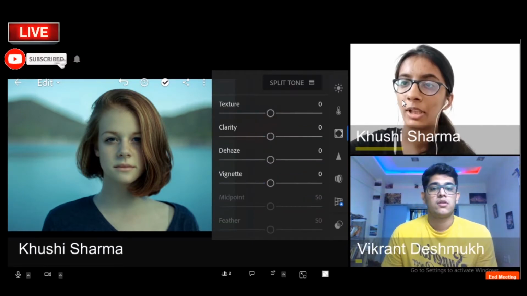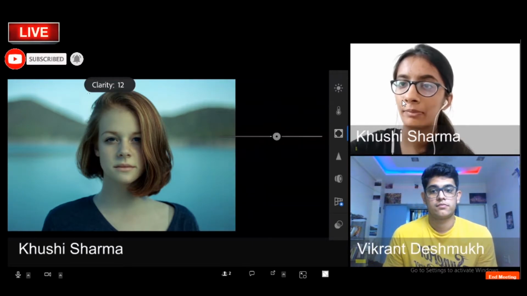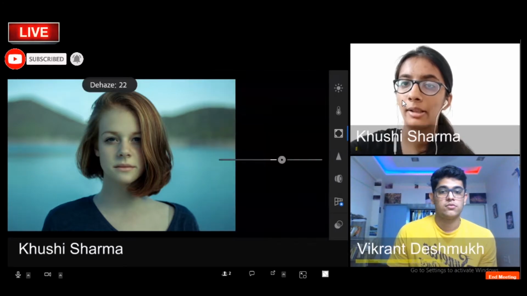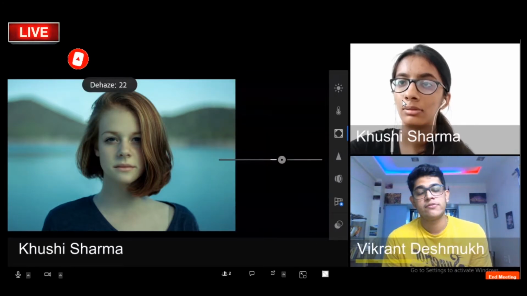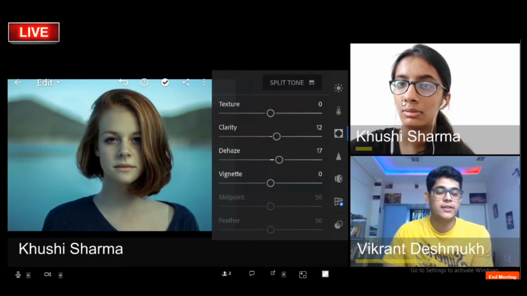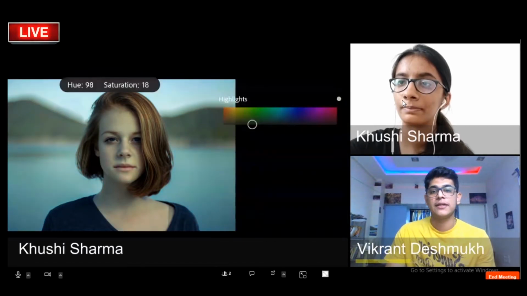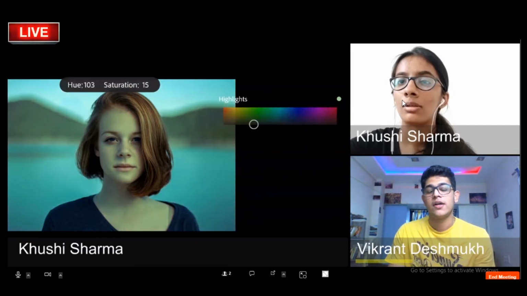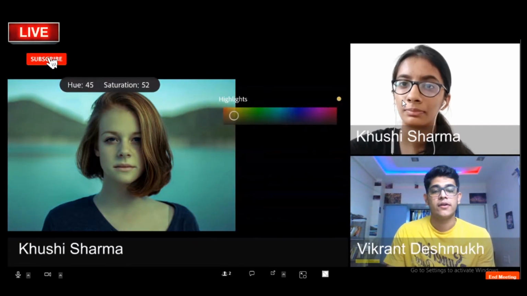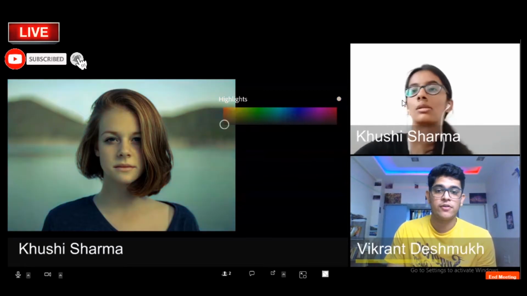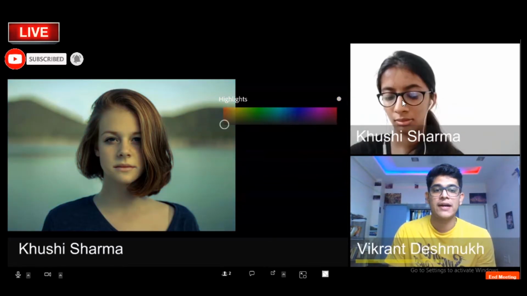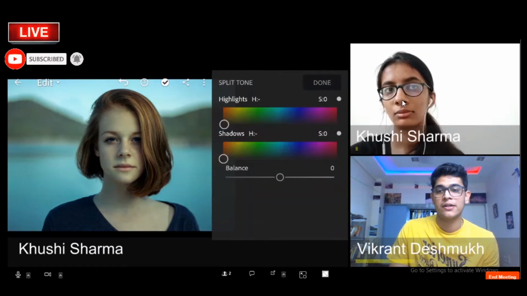Then by clarity, decrease a little. Increasing clarity always gives you a sharper picture, but it is not exactly what sharpening is. We have a different option for sharpening the image, but clarity makes your picture look clearer. If you reduce the clarity, you get a different glow to your picture, and it will look a bit blurry.